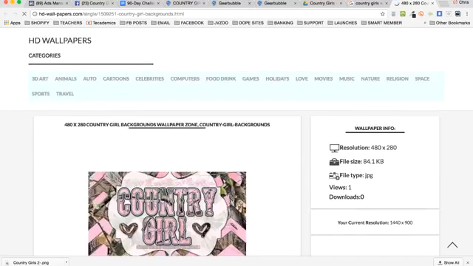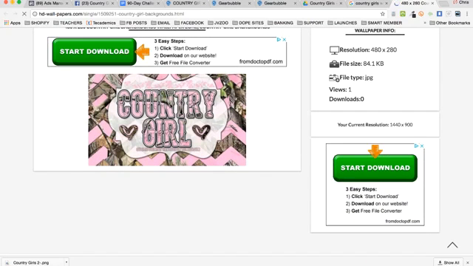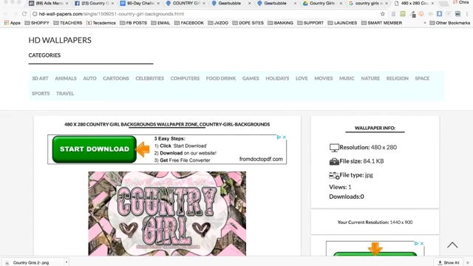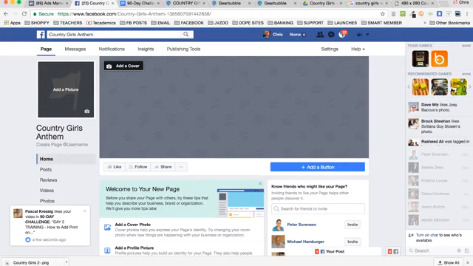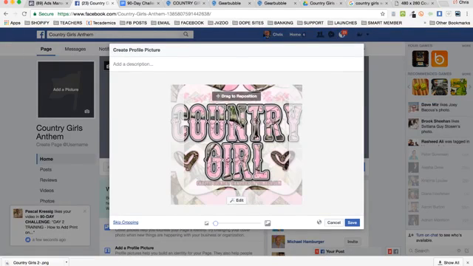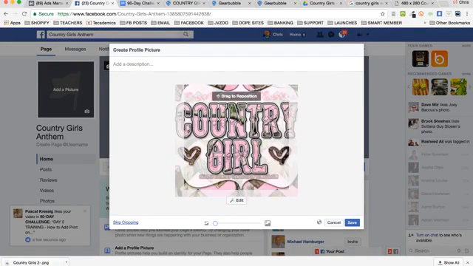Here's a nice little country girl wallpaper. I'll take a little screen capture of a little bit of it. Let's just do like that. This might not even work really quick, but who cares? Country girl profile picture. So I wouldn't actually use this one probably, but I'm just going to go fast. So what I would do is I'd go to Facebook, and I would just go in here and add a picture, a country girl picture. And now I've got a page called the Country Girl